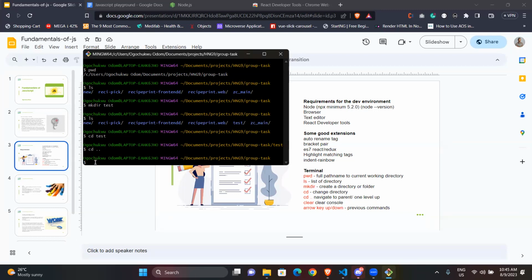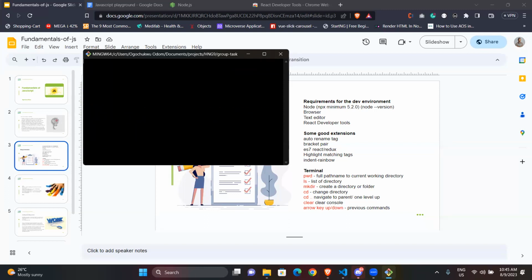Because I'm using Linux too, I can also do a clear, and I clear what I've done so far. I can use my up and down arrow keys to get back commands I've worked with before.